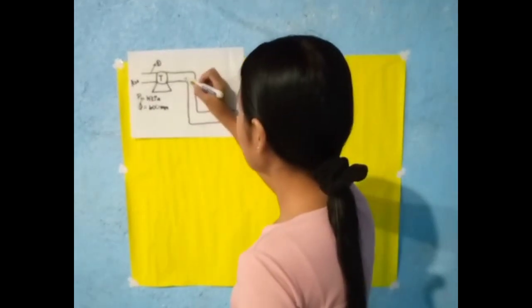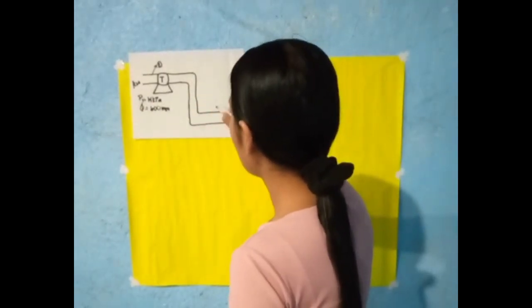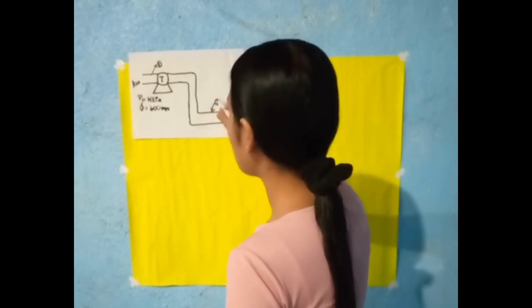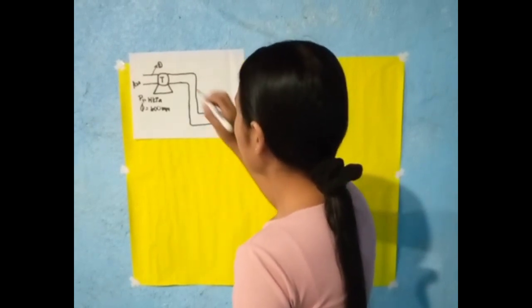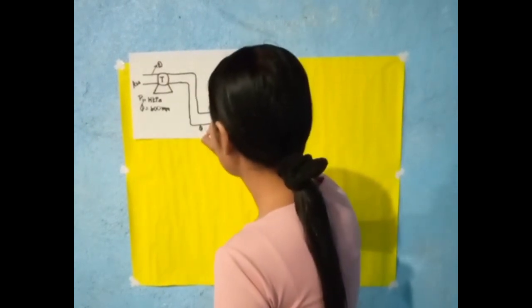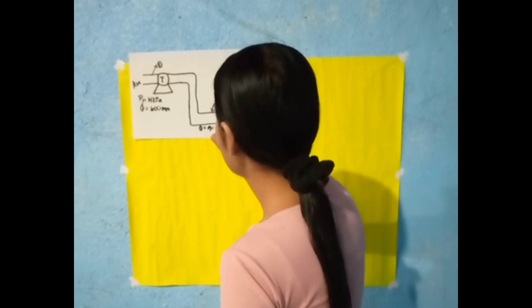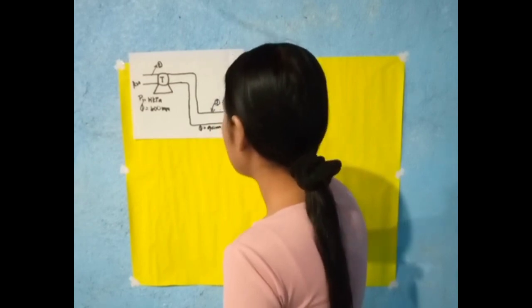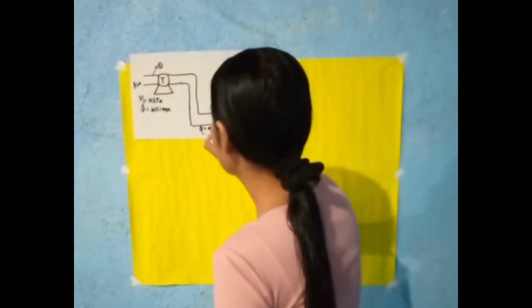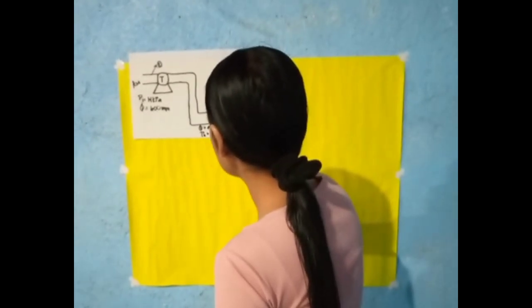So here in our exhaust pipe, we are going to put our point 2 here. This is our point 2. So we have a diameter here. Our diameter is equals to 900 millimeter. And then our pressure 2 is 4 kilopascals. Our pressure 2 is equals to 4